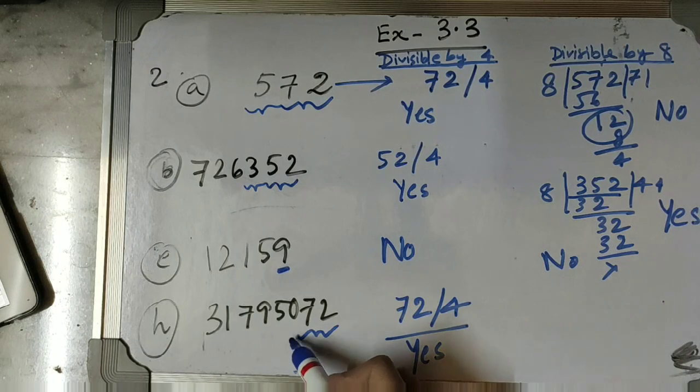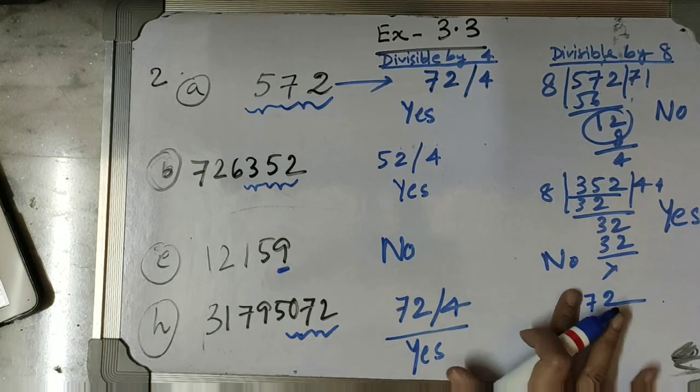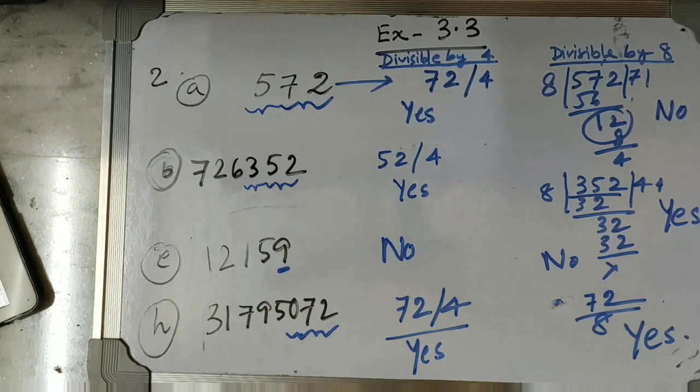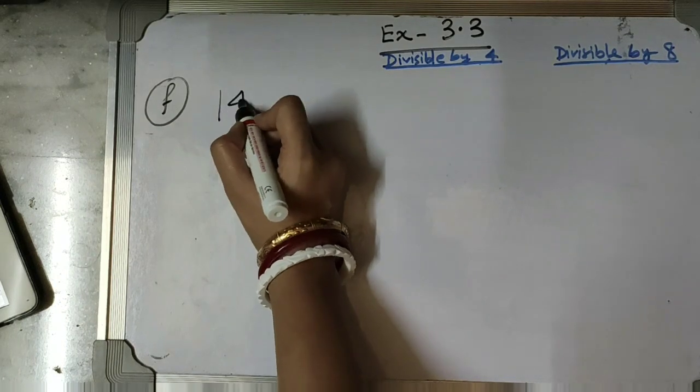Now for checking the divisibility by 8, we will check the last three digits, that is 072, meaning 72 itself. 72 is divisible by 8, so the number itself is divisible by 8. Okay, so let's proceed. Now I will solve the sums of question number